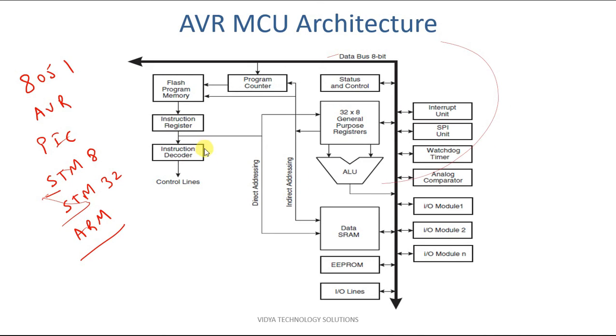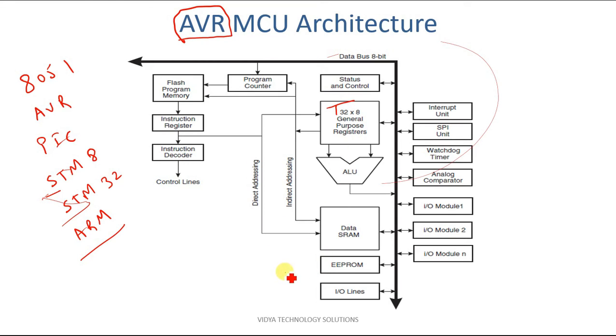What you can see here is an architecture of the AVR microcontroller. Previously, it was called Advanced Virtual RISC. Currently, it doesn't have any acronym and is just said to be AVR. By simply looking at the architecture, there aren't many things that we can understand except the fact that there is an ALU just like any other microcontroller, and then there are 32 8-bit general purpose registers built inside the ALU which are used for a number of different operations.